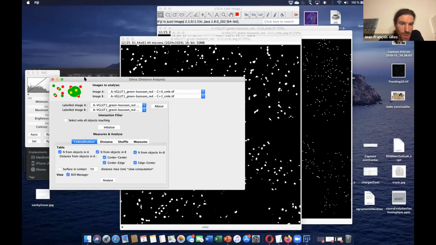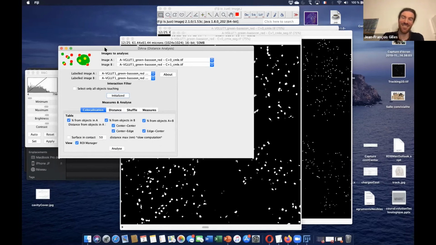Here it's okay. And you can select only the objects which are touching. Before doing anything, we need to initialize. This calculates things here and initializes the population. It's just computation, don't worry.